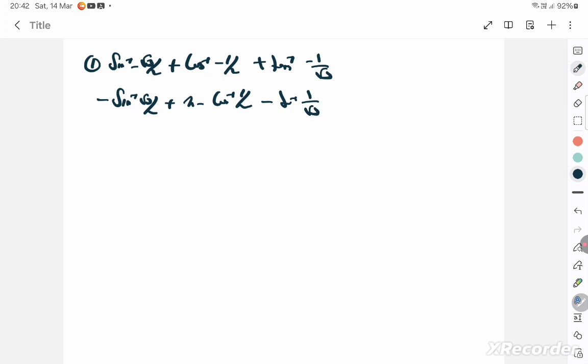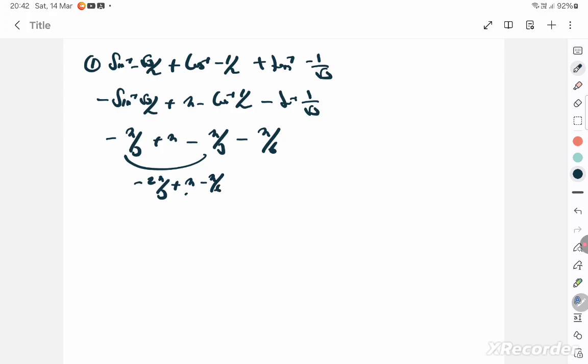When will sine be root 3 by 2? Sine at 60, so minus pi by 3, plus pi minus, when will cos be 1 by 2? Again, cos is 1 by 2 at 60, which is pi by 3, and minus tan is 1 by root 3. Tan is 1 by root 3 at 30 degrees, which is pi by 6. So you just solve this and you should get an answer which is pi by 6. Let's see, this is minus 2 pi by 3 plus pi minus pi by 6, and you know this is 5 pi by 6. Minus 2 pi by 3 plus 5 pi by 6 itself is